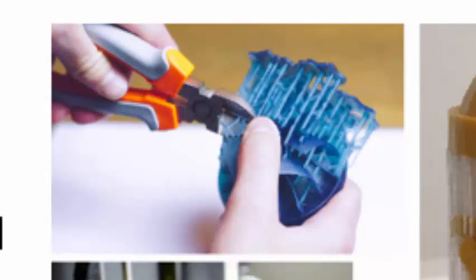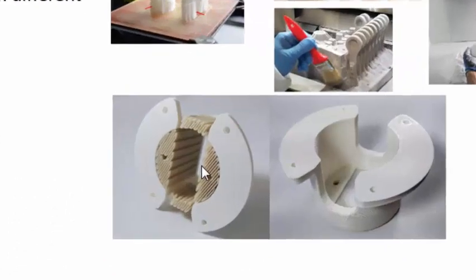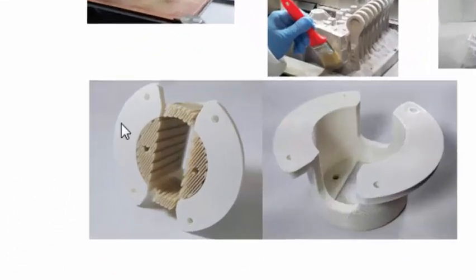Support structures are made using the part build material, or in the two cases you can see here, this one and this one, the color difference is there, which means they are made up of different materials. So, supports made from different material. Usually whenever you are making the supports from a different material, you will ensure that the support material is very weak. It is very easy to break it or separate it from the workpiece, or it is soluble in water or some other solvent. So you just have to dip the component, the support material will dissolve, and you can take out the component for usage. So it becomes very simple.